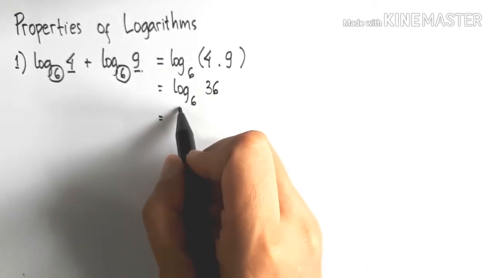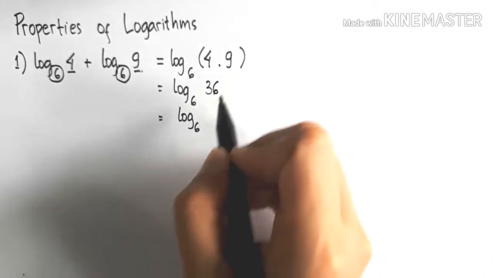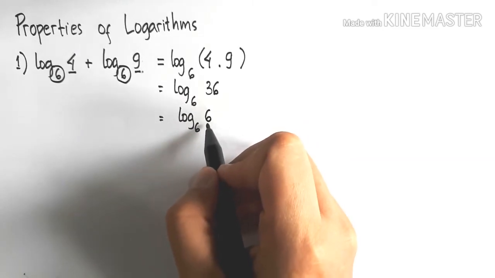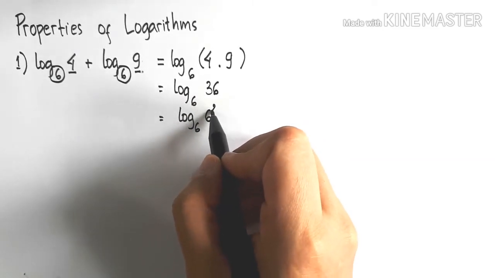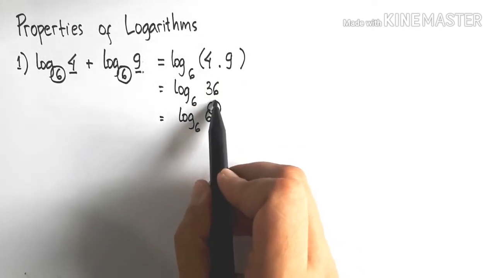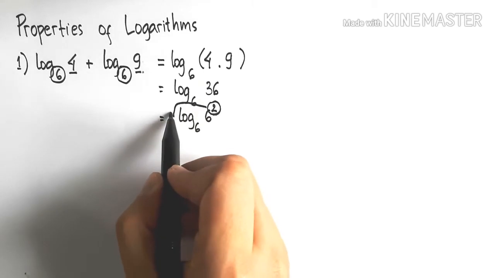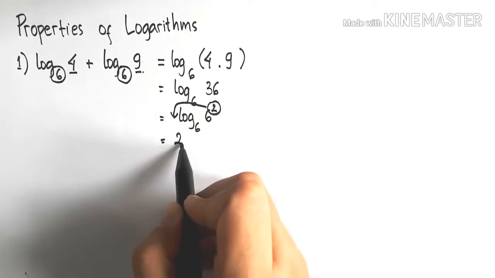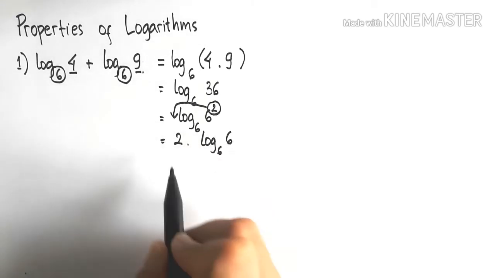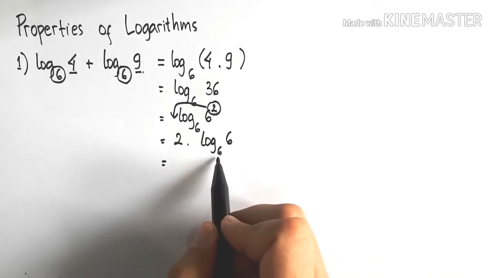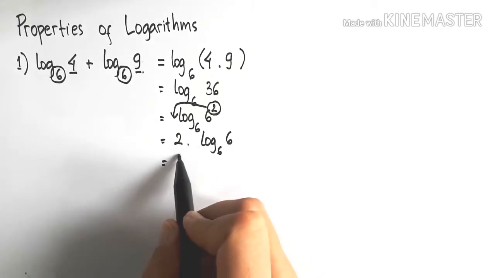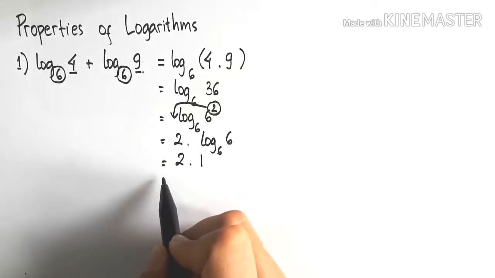Then log base 6 of 36 we can write as log base 6 of 6 squared. 36 equals 6 squared. Then the exponent 2 we can move in front of the logarithm. 2 times log base 6 of 6. Log base 6 of 6, because the argument and base are the same, is equal to 1. 2 times 1 equals